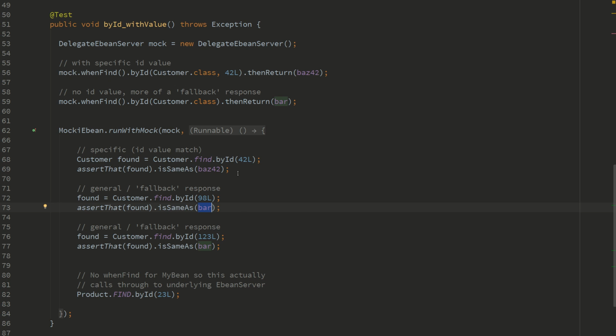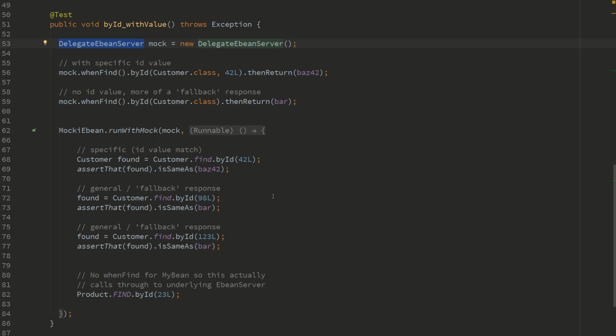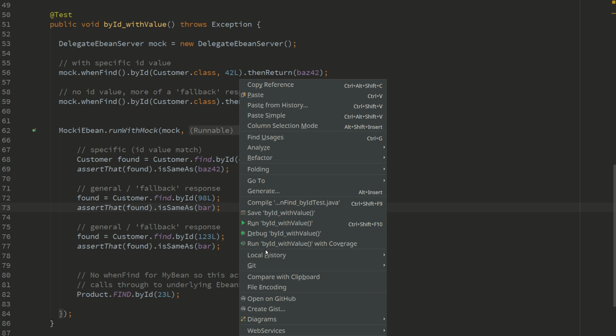Now, the other thing I wanted to point out here was in terms of our DelegateEbeanServer, that is a delegate, and will delegate method calls through to its underlying EbeanServer, which for us, the default EbeanServer is talking to H2 in-memory database. So actually, if we don't use one of these finds, if we use other queries, these will actually fall through to the underlying EbeanServer, and so this will actually hit the database. So if we run this test,